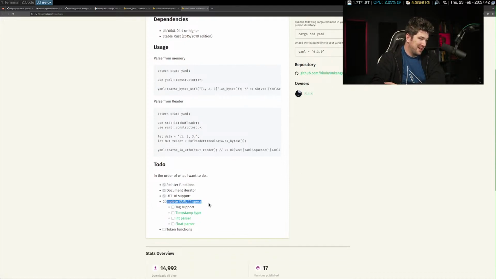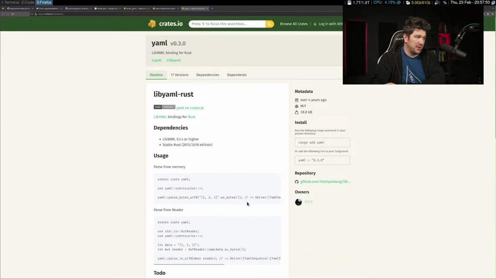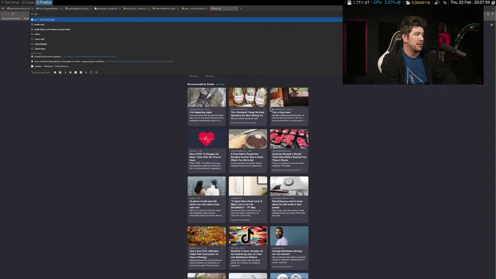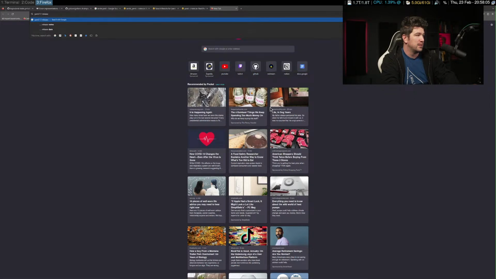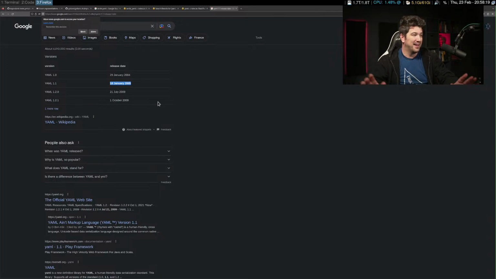Oh, it doesn't have the YAML 1.1. So does that mean it doesn't have YAML 1.2? YAML 1.1 is pretty old. Right? 1.1 is like 10 years old, right? Wow. The 1.1 YAML is like, yeah, 2005. I thought, don't ask me why I knew off the top of my head that it was over 10 years old. Yeah, 1.1 is a long time ago.